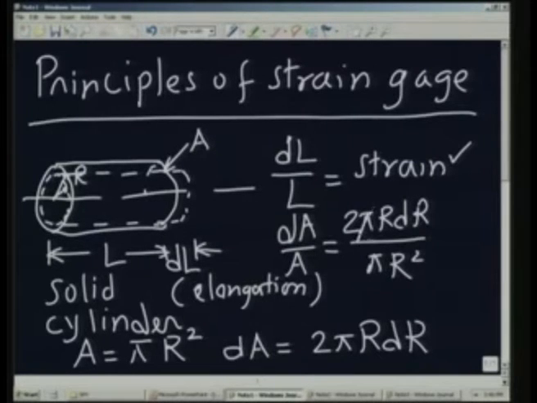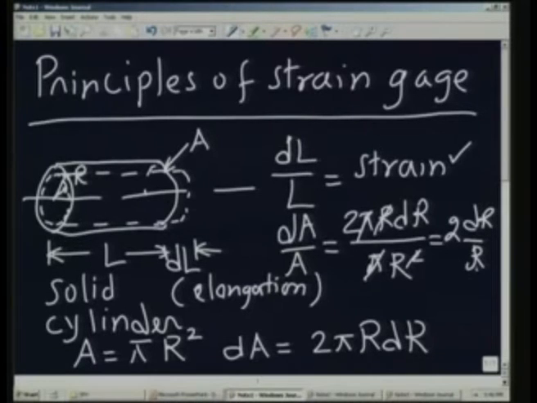So, pi will cancel, one r will cancel, it is 2 dr by r, a very interesting and important thing to remember. The lateral strain is dr by r, and the areal strain, or strain in the area, is simply twice the lateral strain,